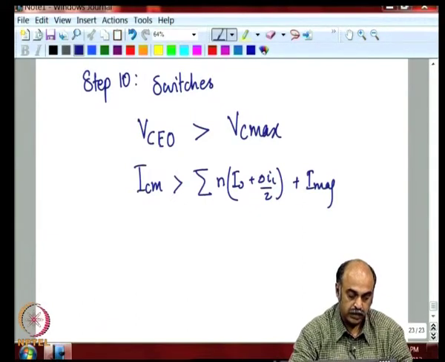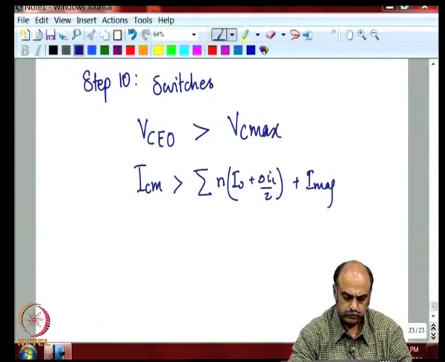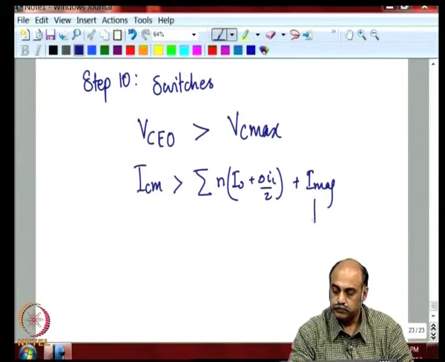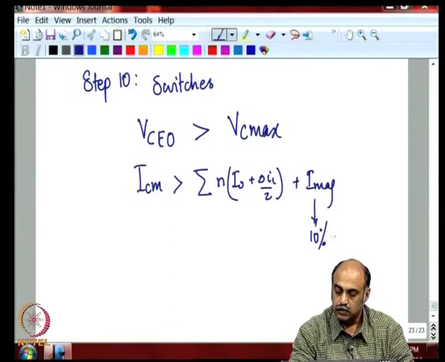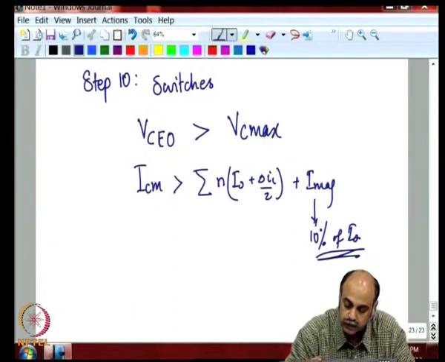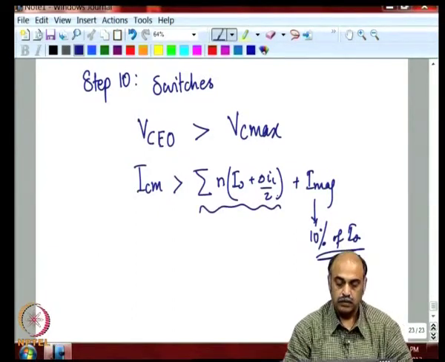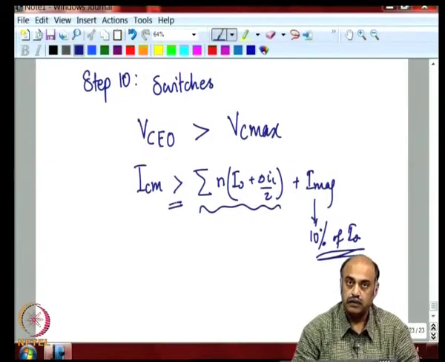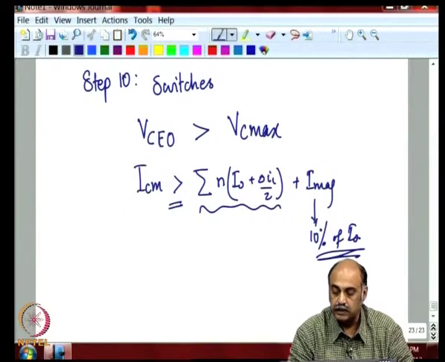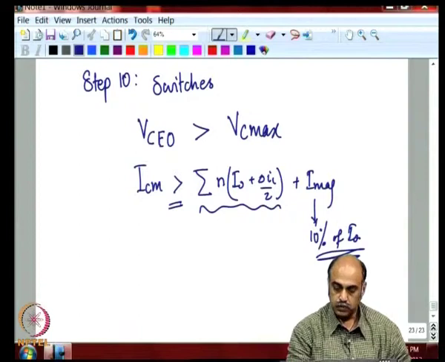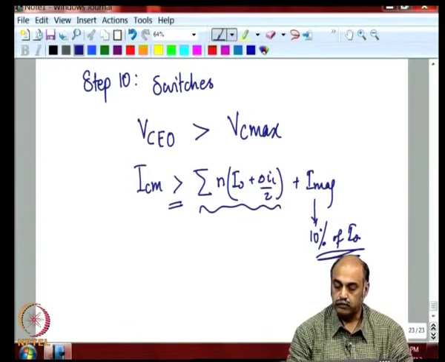And what is I magnetizing? It can be around 10% of I naught to start with. This will be a very small value compared with this value. And anyway, you are going to choose a current rating greater than what you have calculated, which should account for the magnetizing. So, this way you calculate all the components of the